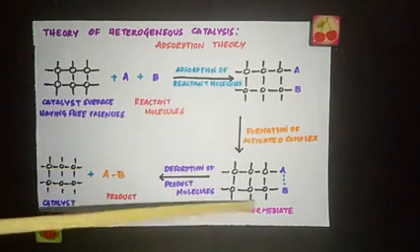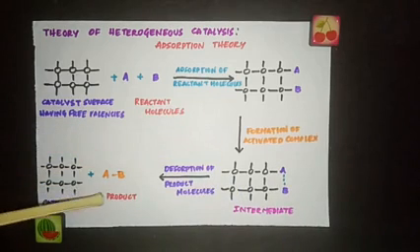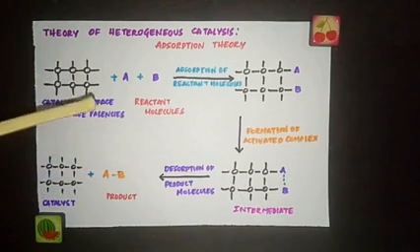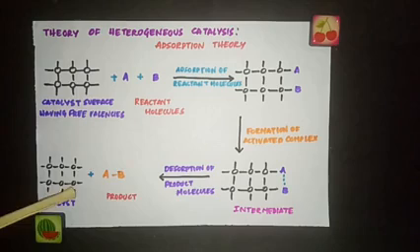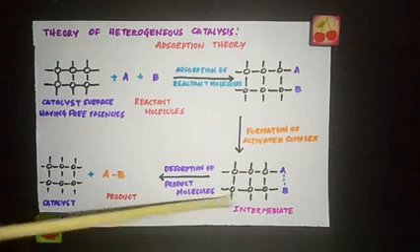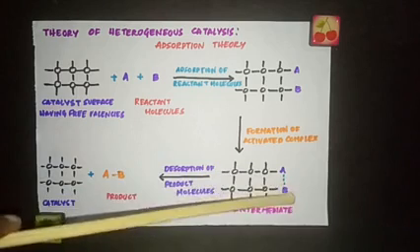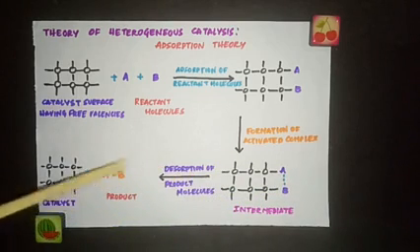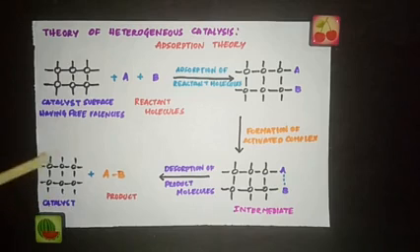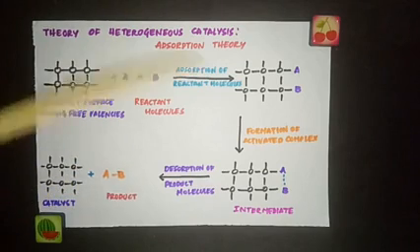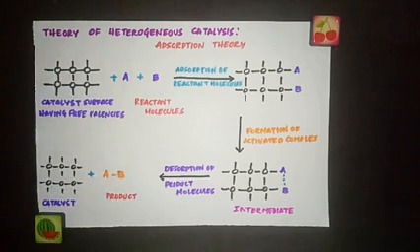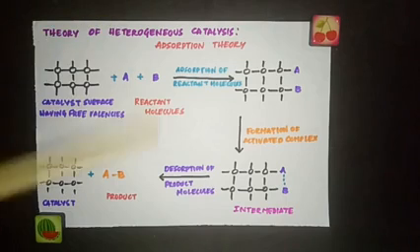This activated complex finally releases the product from the surface of the catalyst so that new reactant molecules may be accommodated on the surface. So in the last step, desorption of product molecule. So this is the product, and this product molecule is getting desorbed from the catalyst surface, and now this catalyst is brand new and it is available for the newly coming reactant molecules, and this process continues. So the mechanism of heterogeneous catalysis is explained by adsorption theory, and it involves 5 steps.